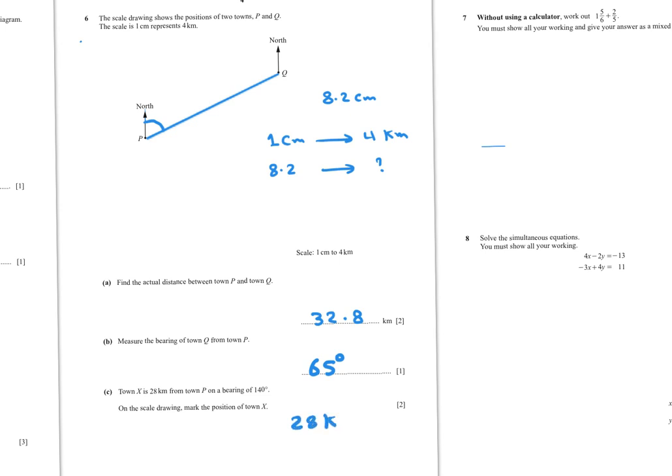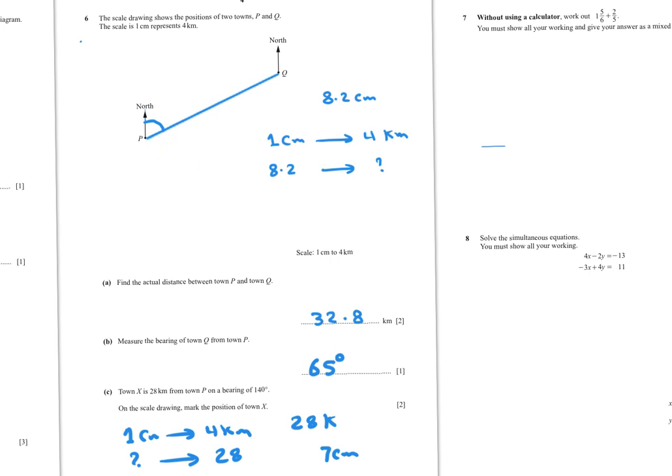To find the distance on the map, you can use the map scale. 1 centimeter represents 4 kilometers. So how many centimeters represent 28? So cross multiply, you get 7 centimeters. So 7 centimeters from B. And bearing